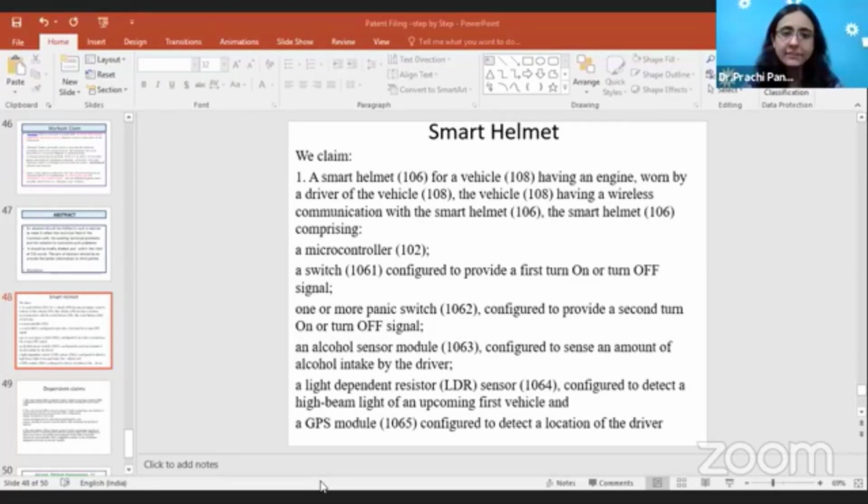It is configured to receive a live video feed around the driver wearing the smart helmet. Claim 3 says what the interface is; there is a microcontroller configured to receive this, display this, all this. Every dependent claim is dependent on an earlier claim.